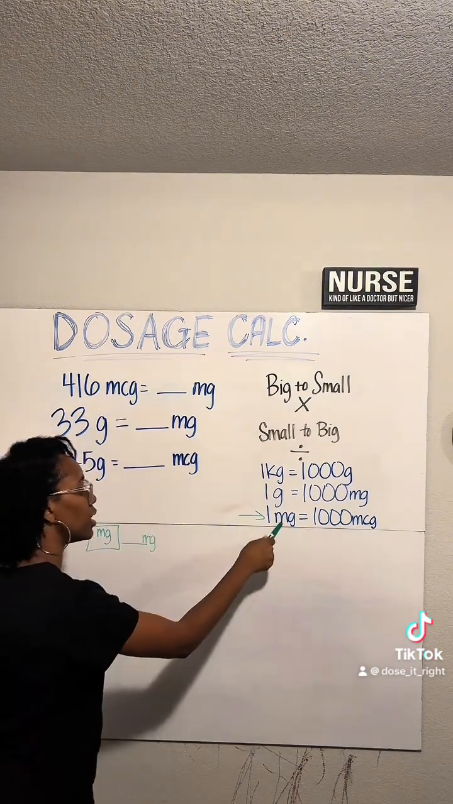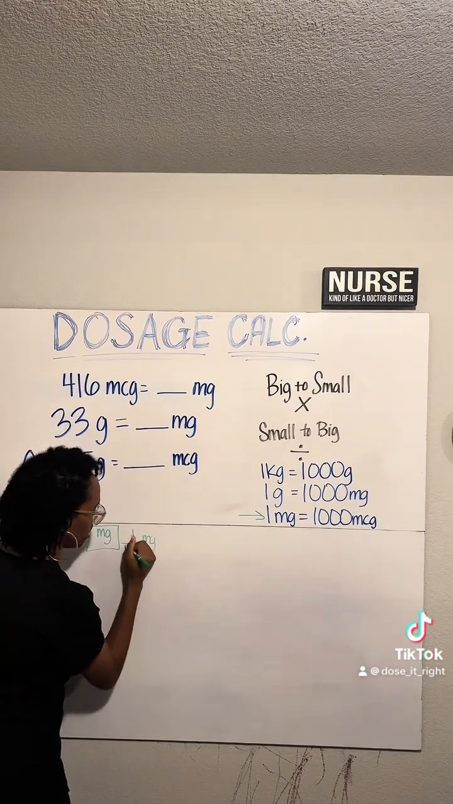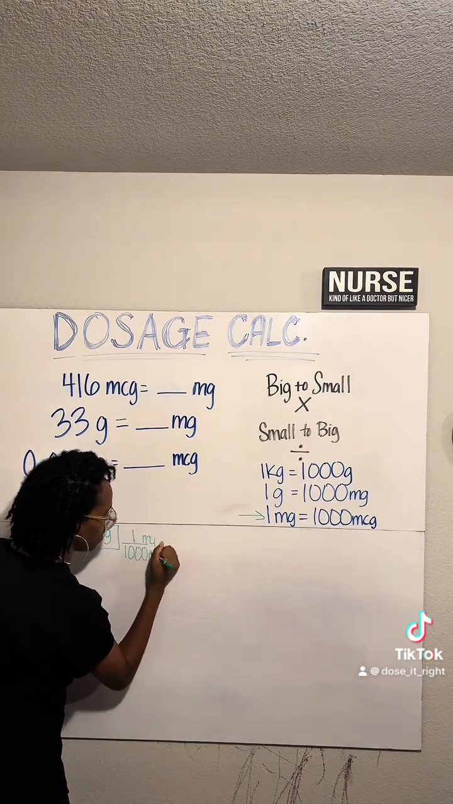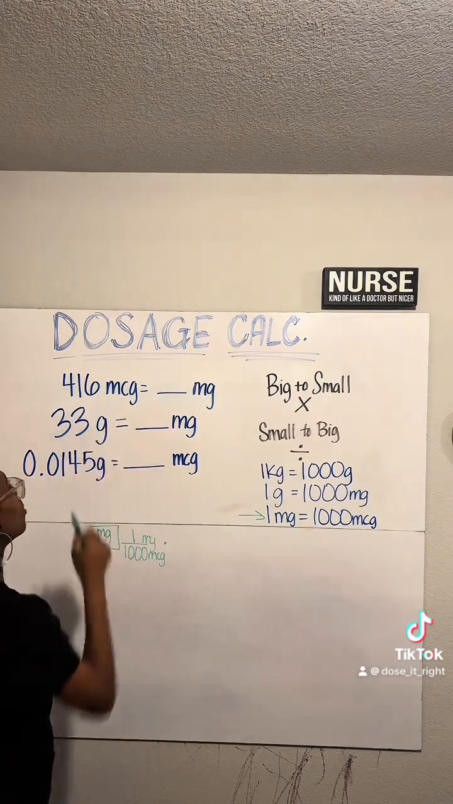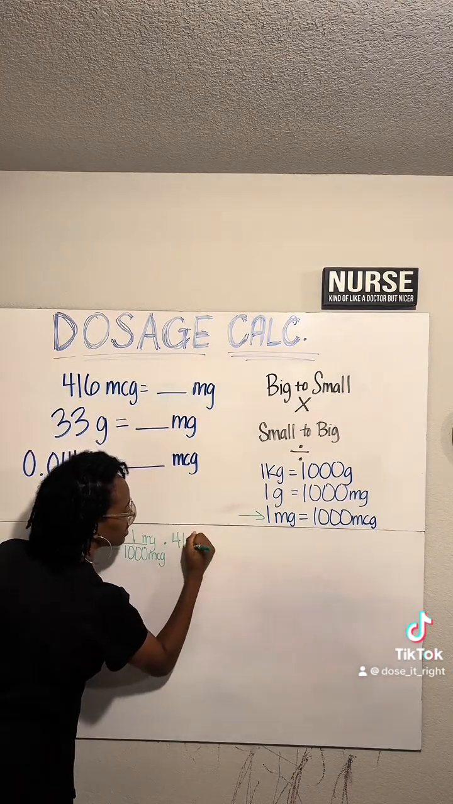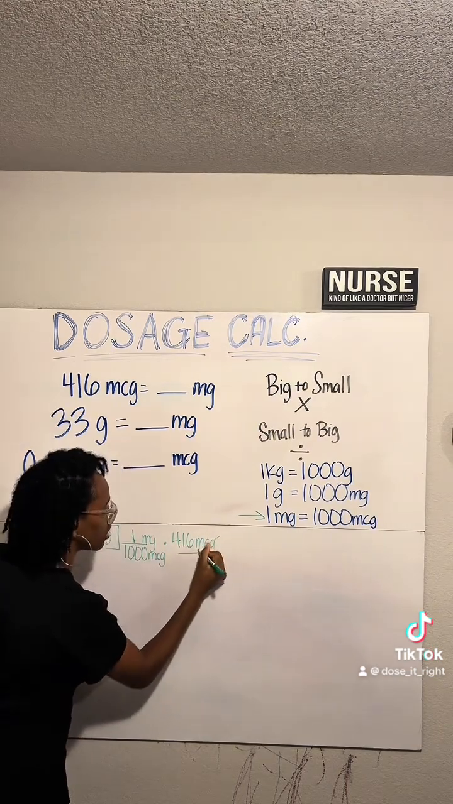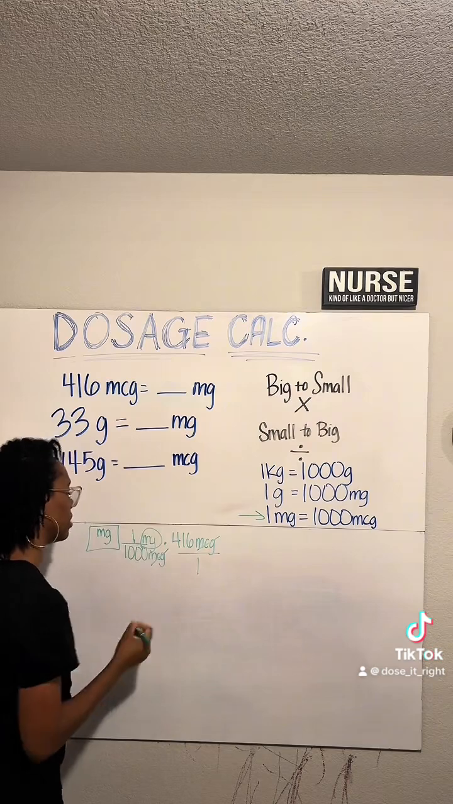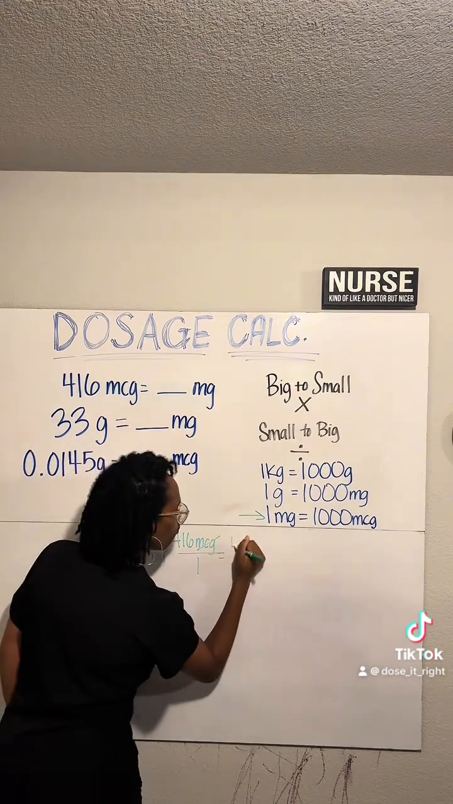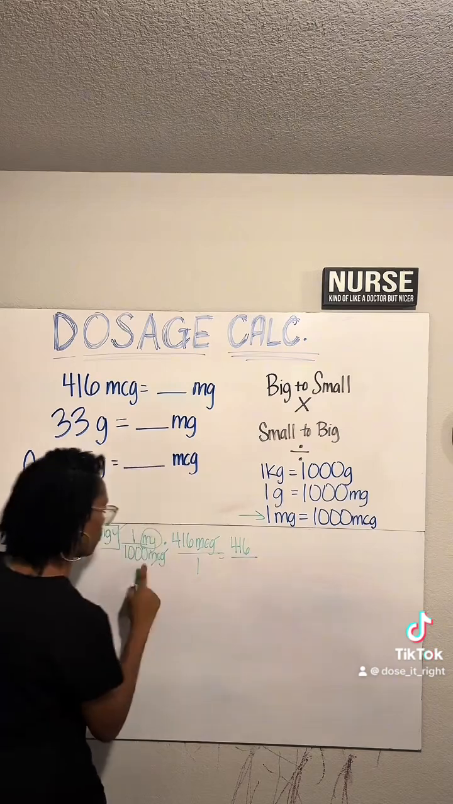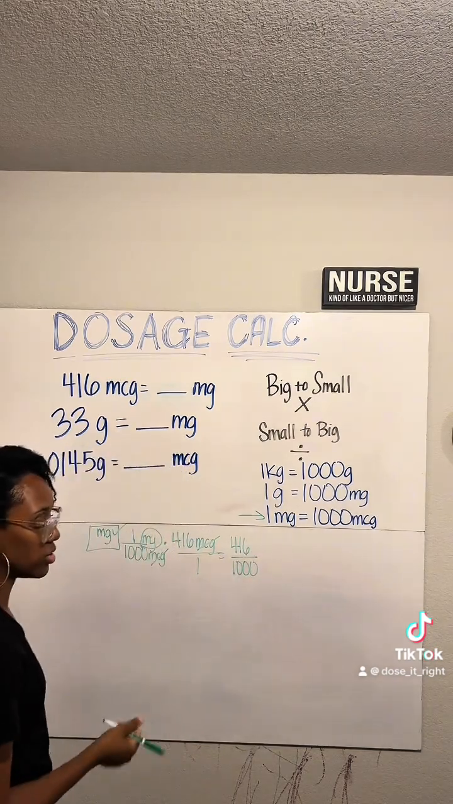So in this one, we see that 1 milligram equals 1,000 micrograms. And we need to know how much 416 micrograms is. So let's cross out micrograms. Micrograms, we're left with milligrams. Now we can solve. 416 divided by 1,000 is going to give you